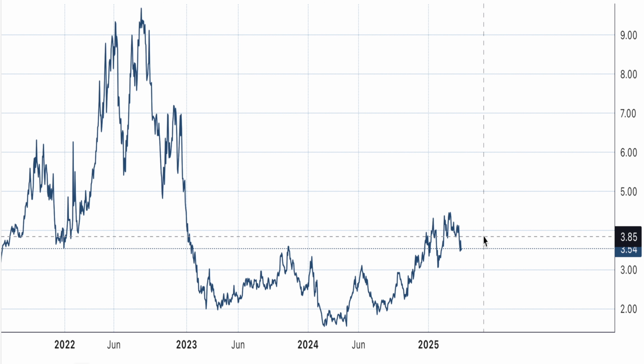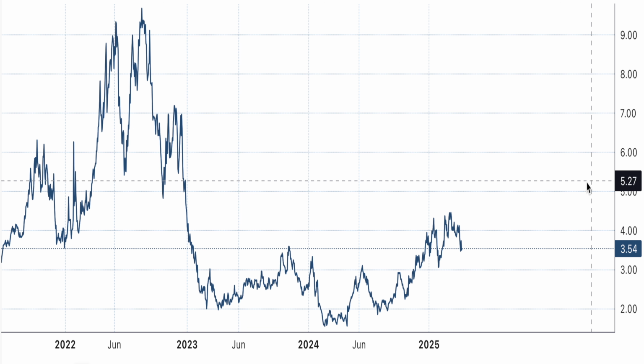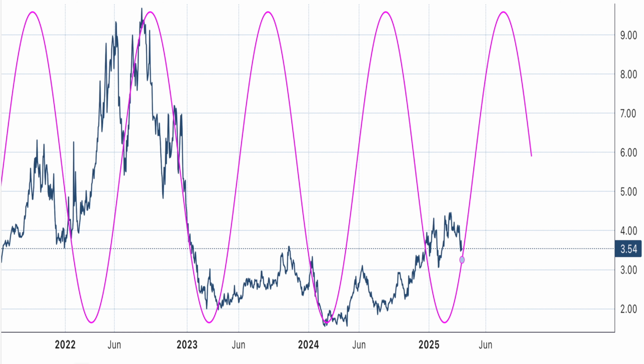Now let's move to the daily spectrum chart, based on 5 to 6 years worth of data. This is where things get interesting. There are two key cycles here, and they're not exactly in sync with what we usually see from seasonal trends in natural gas. First, we have the 254 daily cycle, which is currently pointing towards a peak around July 9th of 2025. That would suggest higher prices into July.